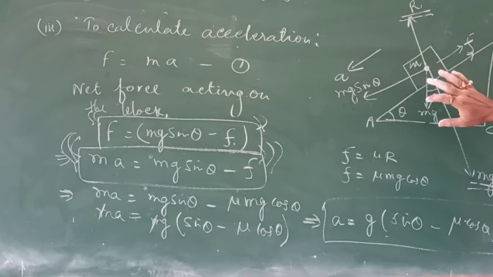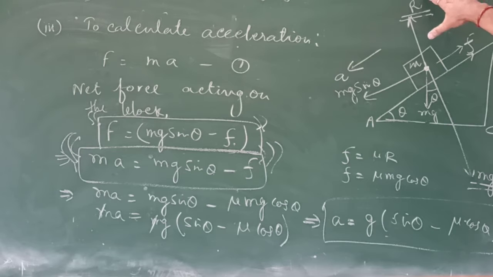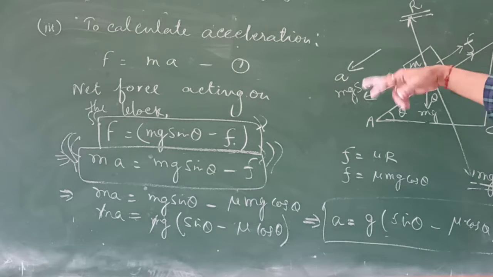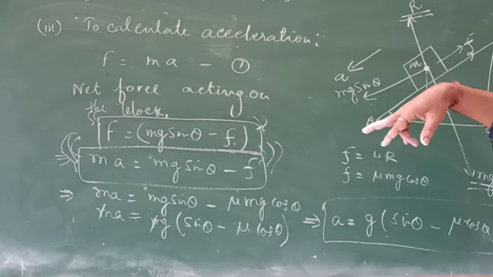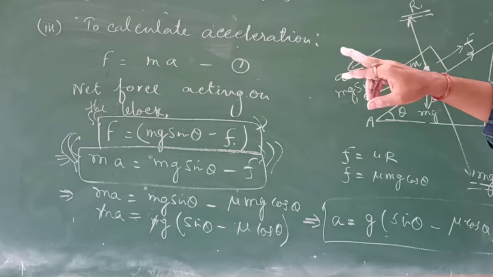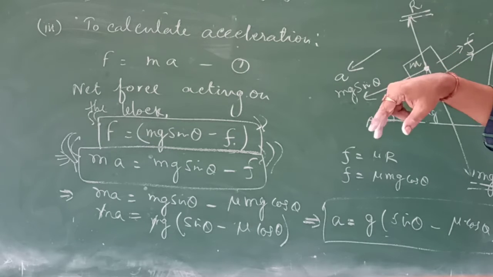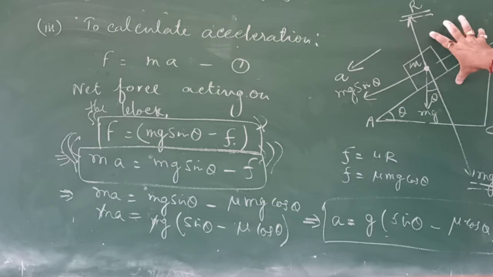There are various forces acting, mg, normal reaction R. Second, resolve mg into two components. One is the mg cos theta, another one is the mg sin theta. Let a be the acceleration produced in the block. Therefore, from equation of motion, force is equal to mass into acceleration. Then we can calculate how much the net force acting on the block.